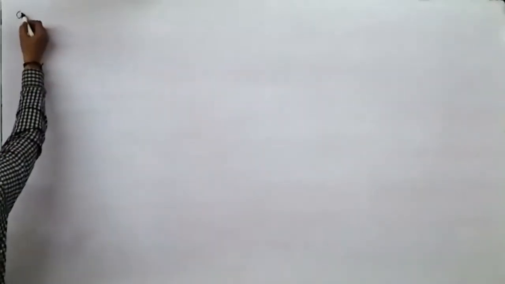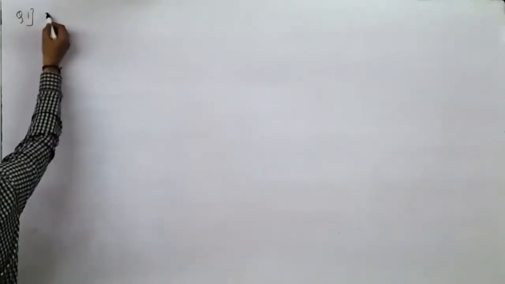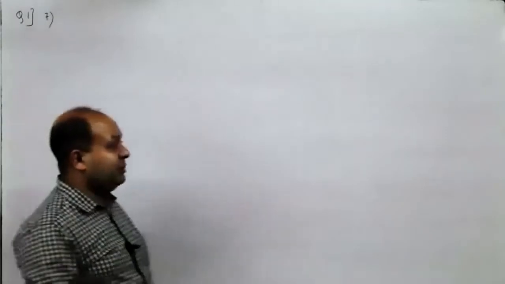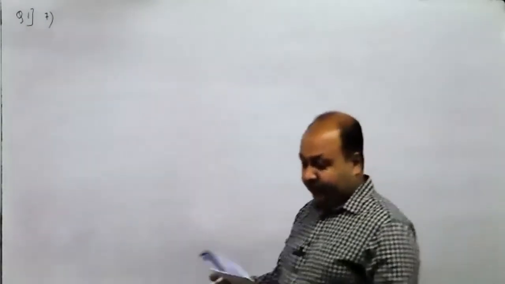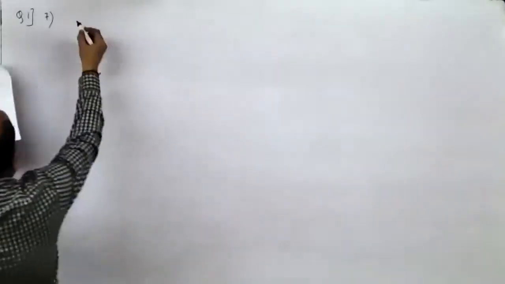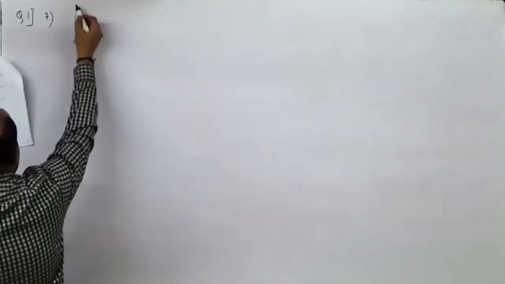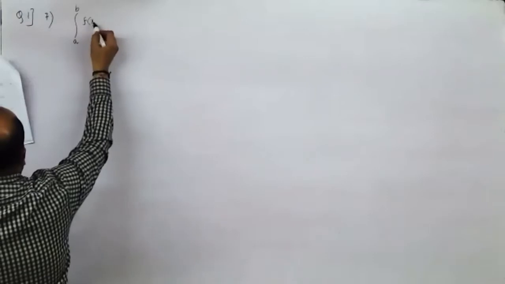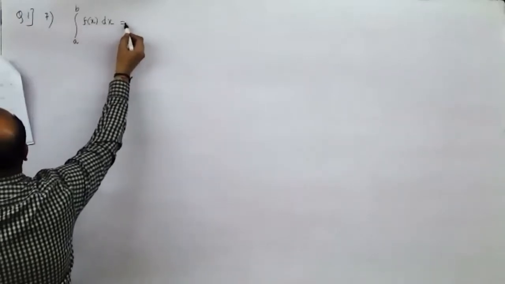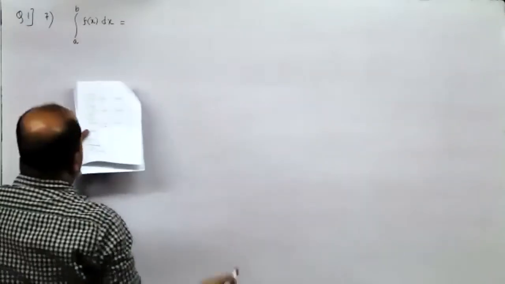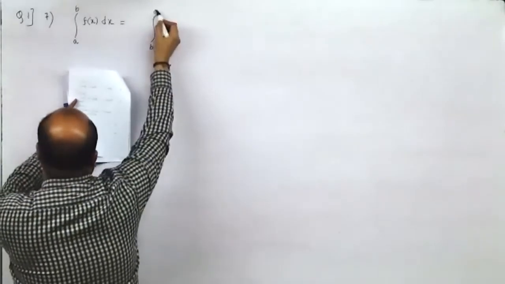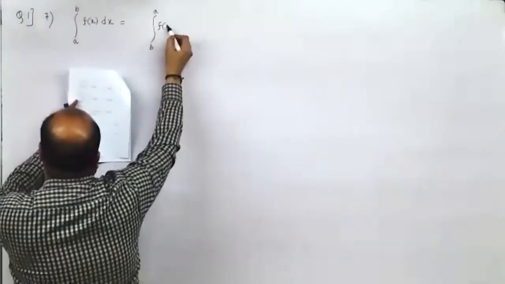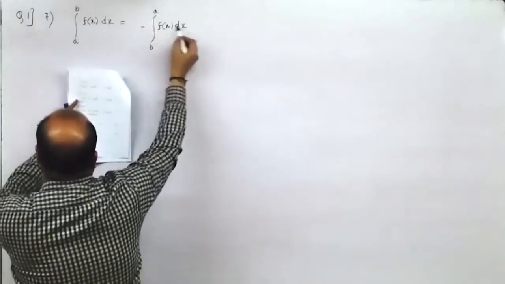Yeah, I'll take up question number 1, the 7th part. These are all related. The problems which I'm going to cover today are all related to properties. Here, integral a to b f of x dx is what? From the properties, if you invert the limits, the sign would change. So it is the second part.